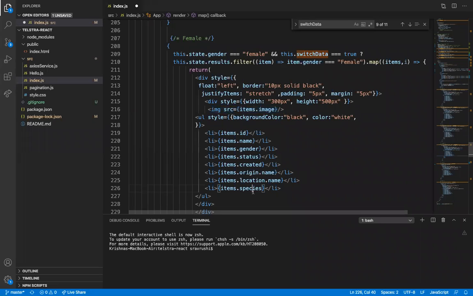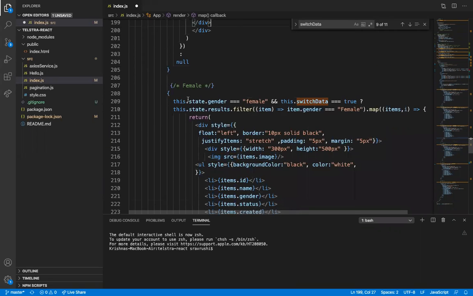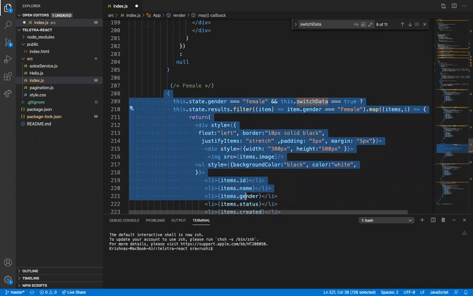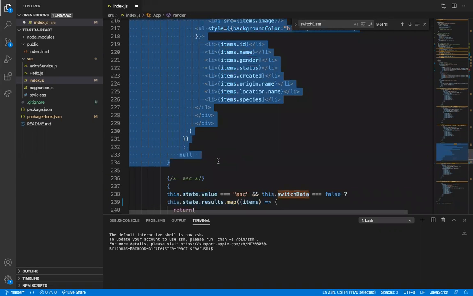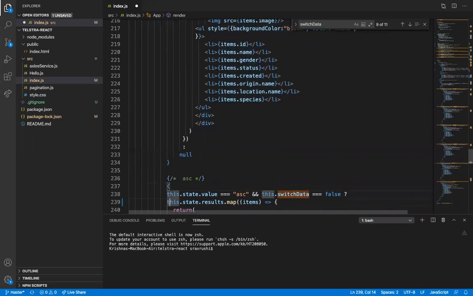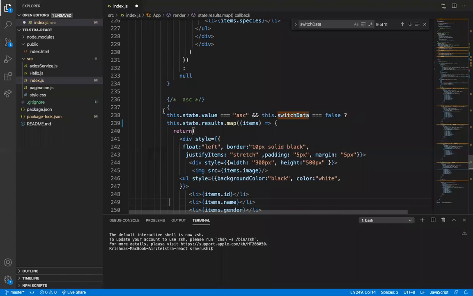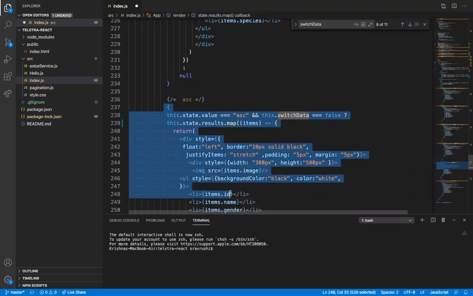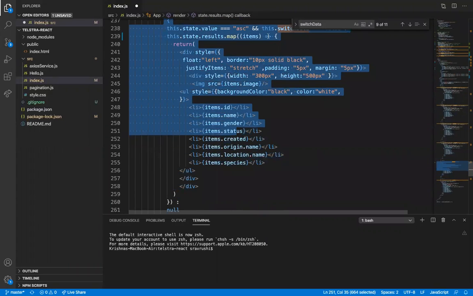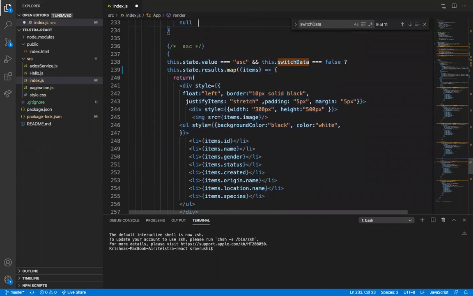Likewise, whatever the condition is, for this female condition, it is satisfied and this will be rendered. Likewise, for the ascending order also, I have one more condition, and it sends the results to the UI based on the ascending values.